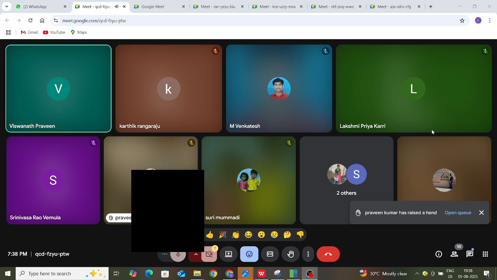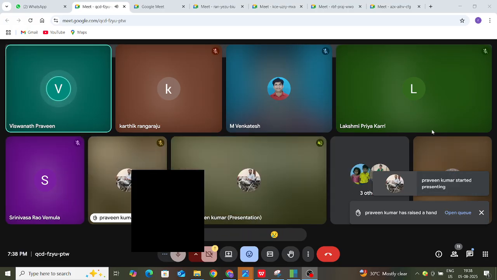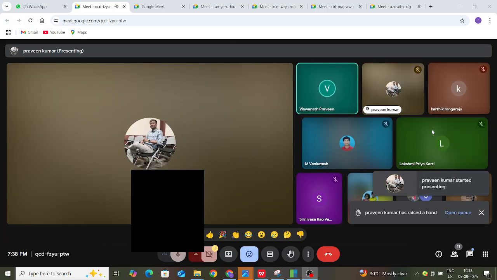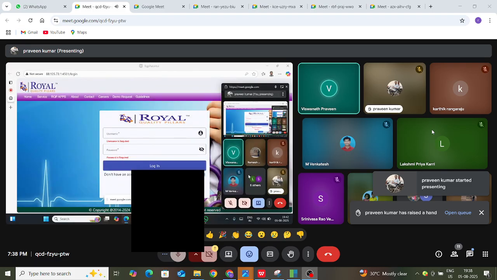So I simply want to discuss a few things about this particular computer system validation. My discussion will go on in parallel. Whoever is presenting the screen, thank you, Praveen. Whoever is presenting the screen will present, and the remaining all will observe what he is doing and what are the requirements